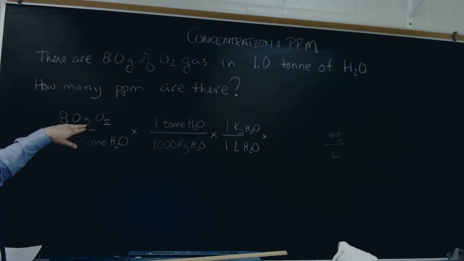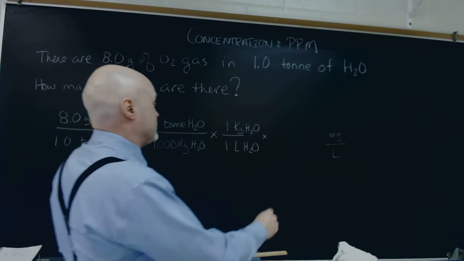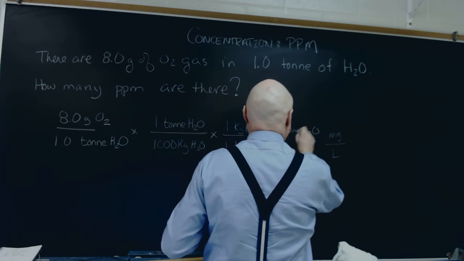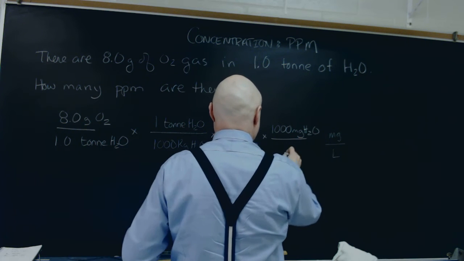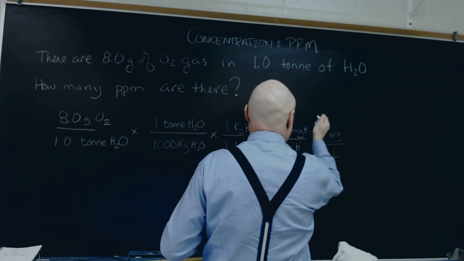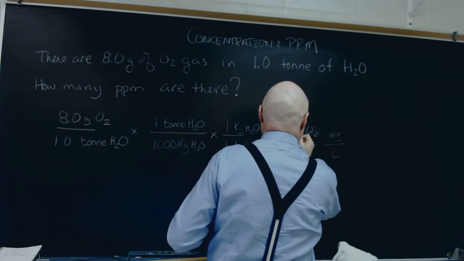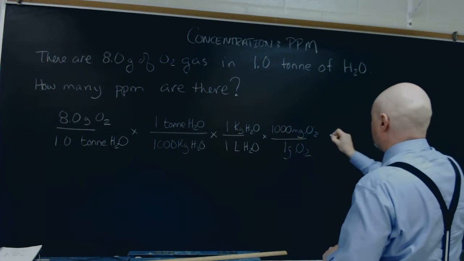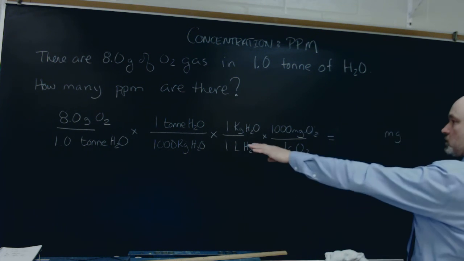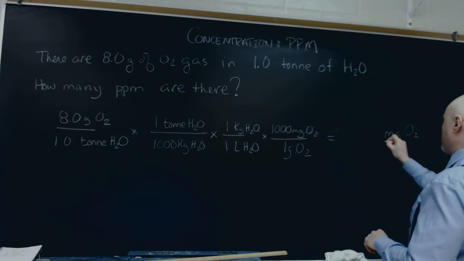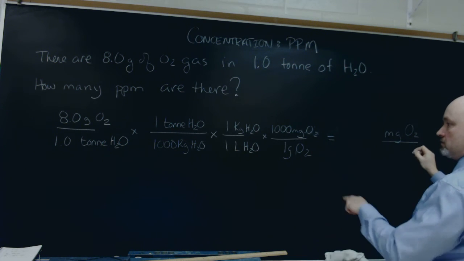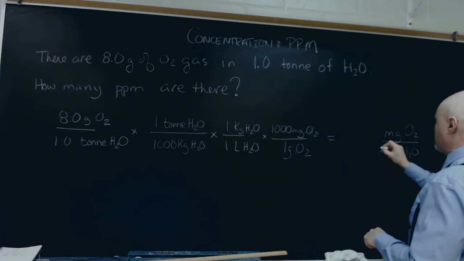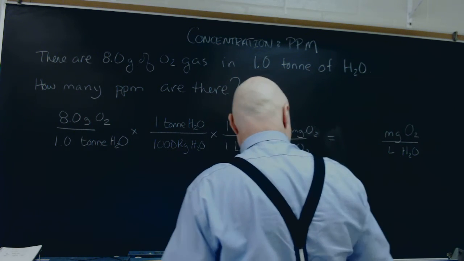Now I want to go and change grams to milligrams, and I know that there are 1,000 milligrams of O2 in 1 gram of O2. And so we're all ready to go to milligrams of O2 to liters of H2O. And so if I have my calculator,